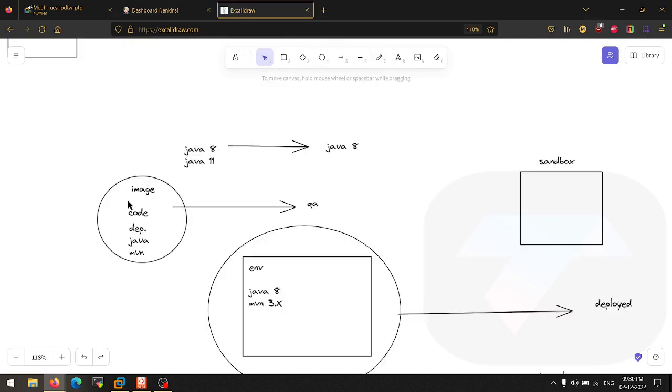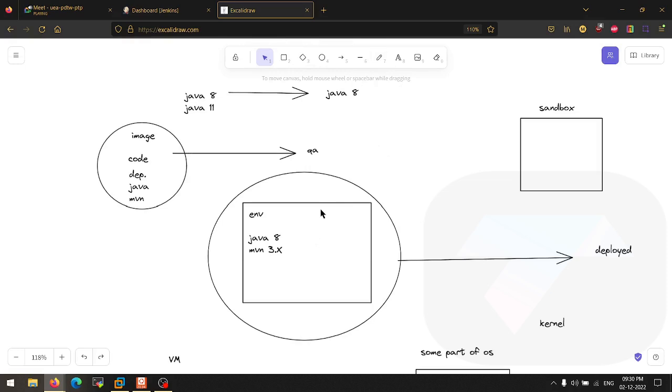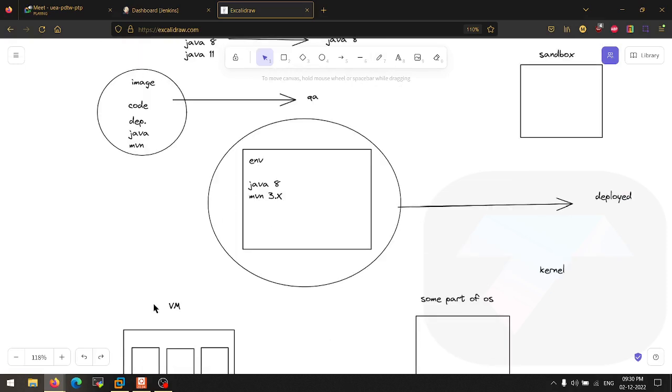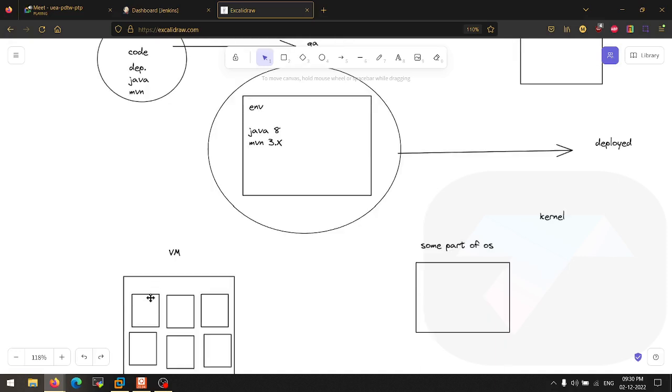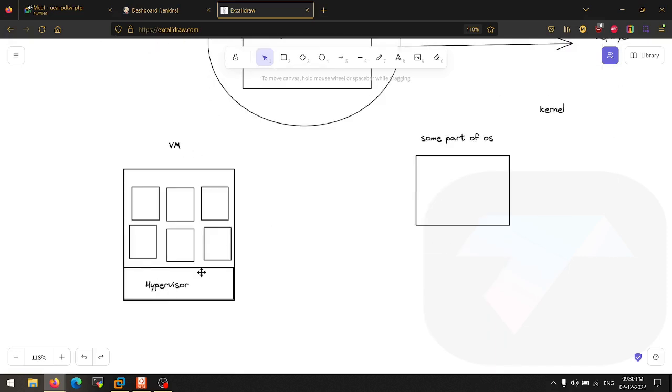So sending a Docker image from developer to QA will be very easy because the image is lightweight, whereas we can do the same thing with VMs. What if, for example, Anurag and I are working on a project? Now I am a developer and Anurag is a QA. I develop something on an AWS EC2 instance and I create the AMI. I send the AMI to Anurag. Now Anurag will launch the AMI again, launch the instance and start his work, right? The size of the AMI is very huge. It's not as small as the Docker images. When you compare the size of VM images, AMI is nothing but, you can also understand it as a VM image at some point when we talk about VMs, because the concept here is on-prem and AMI is the concept of public cloud, right?